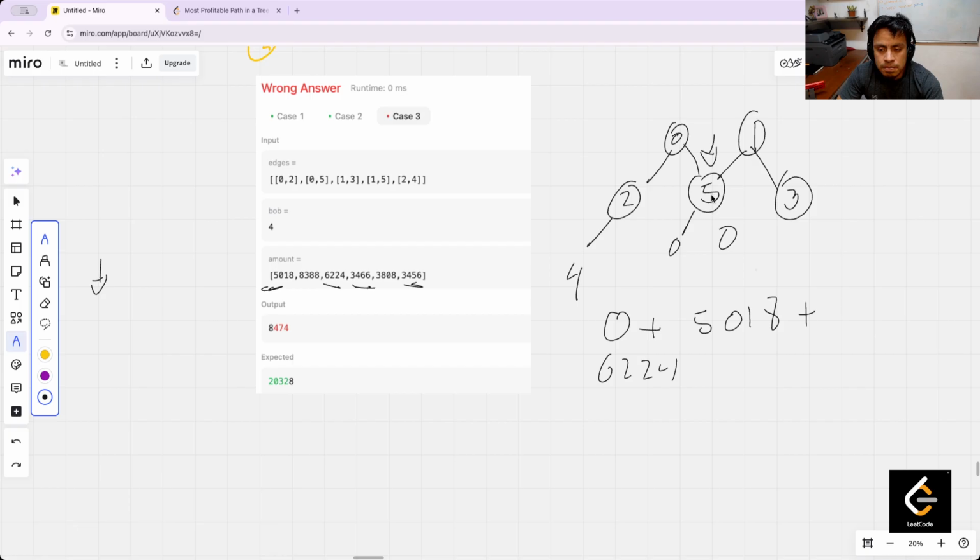Now, 0, 0, 5, 1, 3, 1, 5, 2, 4. Yeah, it's for this. It's for the form 3 because I had in my mind that it was a binary tree, but it's not true. And it even works with this kind of structure, but the problem is that it has two points to start, this and this. The root obviously is this, but